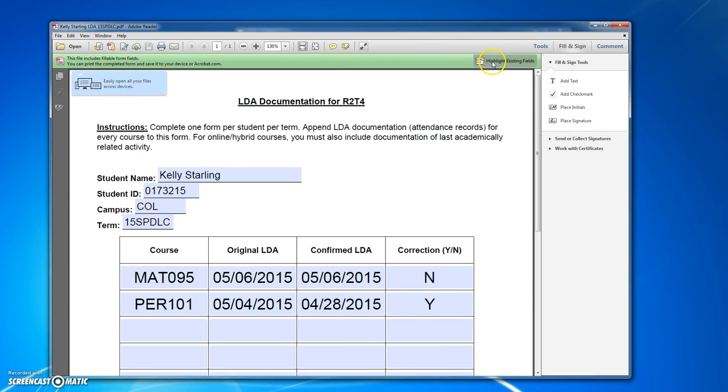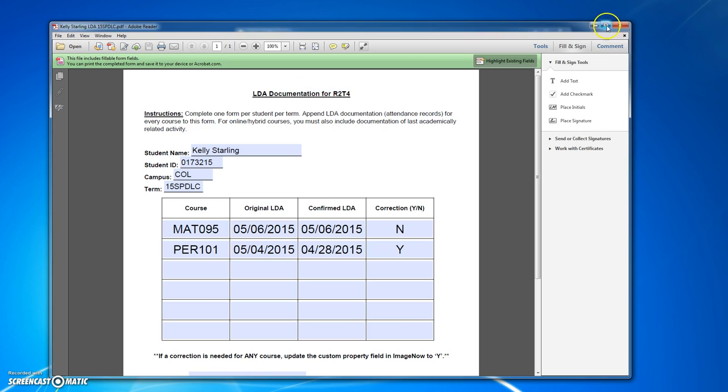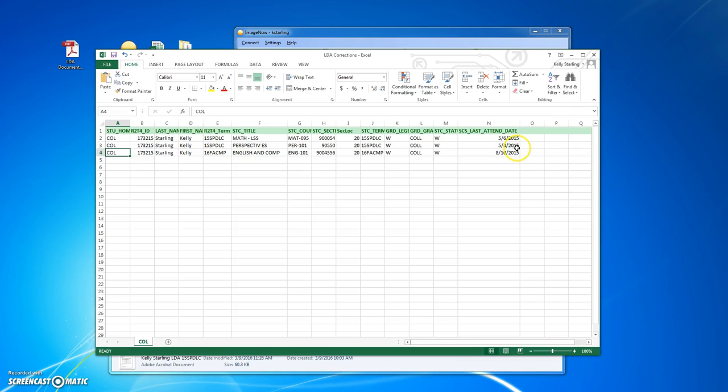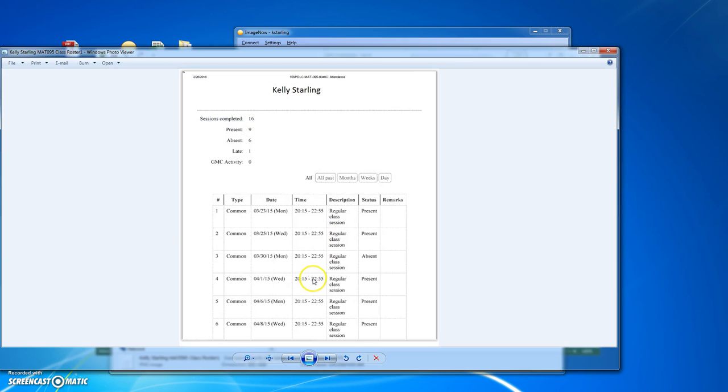So I've kind of already done one here. It makes it just easy to look at. So we have the student name, the ID, campus, the term, and the 2 classes. So the math class gives an original LDA of 5/6/2015. We know that because our spreadsheet here says 5/6/2015, and our documentation, if we look at documentation for this, the class roster shows that,